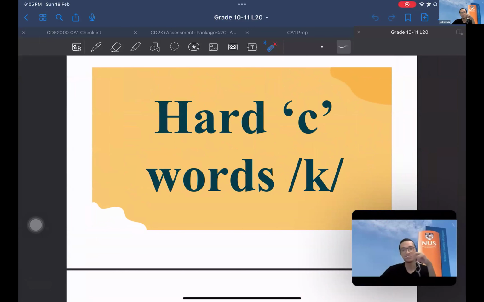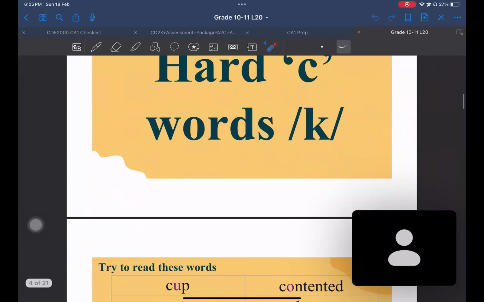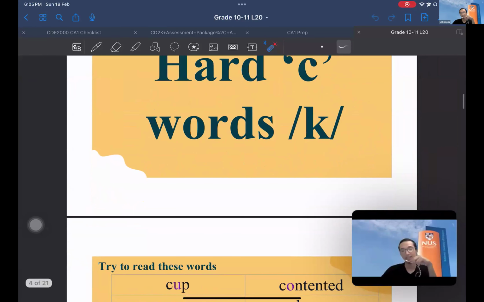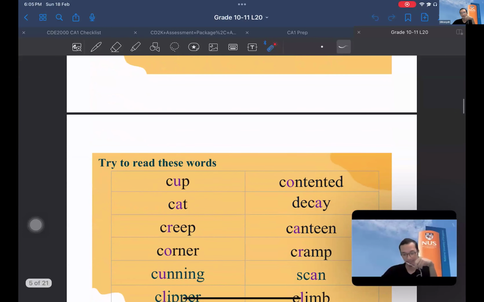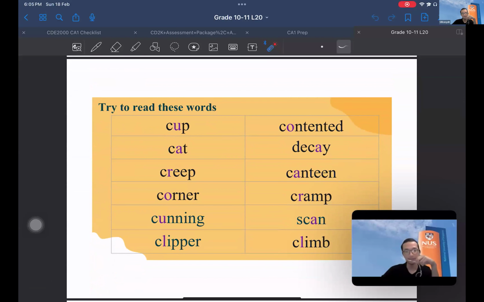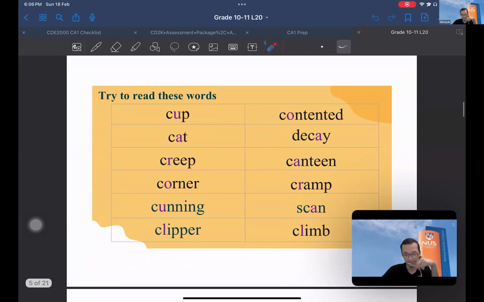We'll be learning how to pronounce C. In this case, it's a hard C. If it's a hard C, it will usually sound like a K. Like how you pronounce words with K, you pronounce it the same way for C. So for the majority of words that have a C in it, you pronounce it with the sound K. If you try to read these words, even though it's written with the letter C at the start, it's still pronounced as cup. So we have cup,